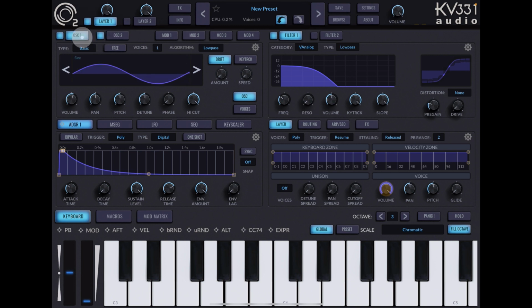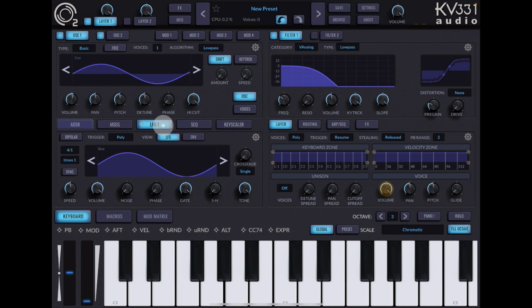Okay, so oscillator 1. Now the key here, let's go into our LFOs. The key here with anything lo-fi, you want to make it sound like it's got wow and flutter, you know, like tape problem. So first thing we're going to do is pick up LFO 1 here and make sure pitch highlights and then drop it onto pitch. Now, of course,